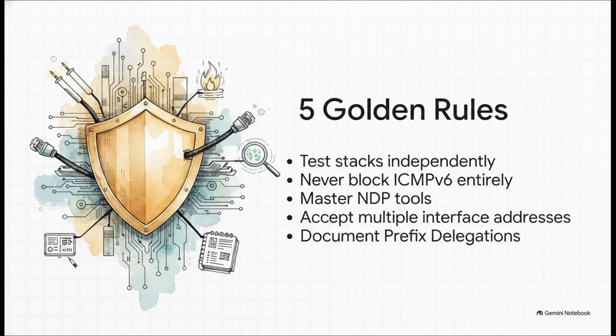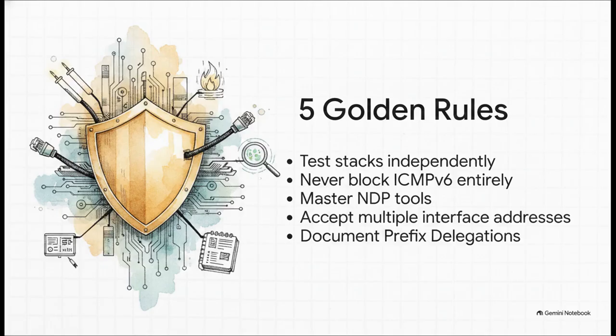Number 1. Always test both stacks independently using tools like curl -6 and curl -4. That's how you catch those silent dual stack failures. Number 2. Treat ICMPv6 as sacred. Do not block it entirely. Number 3. Get comfortable with your NDP tools because ARP is a thing of the past. Number 4. Accept that seeing multiple IP addresses per interface is totally normal and correct. And number 5. Document your prefix delegations because when an ISP dynamically changes a prefix, it will silently shatter your